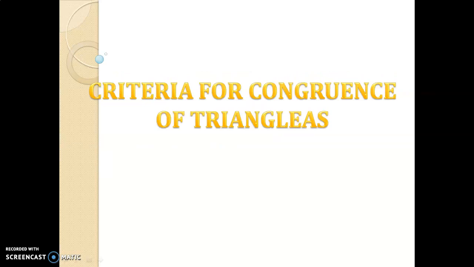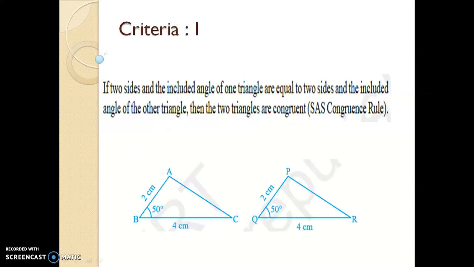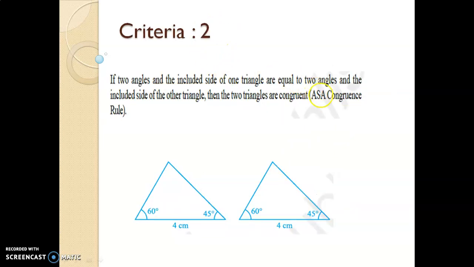And criteria for congruence of triangles. So in the last class we have seen 5 criteria. Okay, so first one, this SAS. Okay, so the two sides like this, and the one angle included by those sides are congruent or same, means they are congruent to each other under SAS. So SAS is the first criteria, and second criteria ASA. Okay, so the side is included between the 2 equal angles. Okay, so here the side 4 cm is included by the equal angles 60 degree and 45 degree. Therefore, they are congruent to each other. It is under ASA criteria.